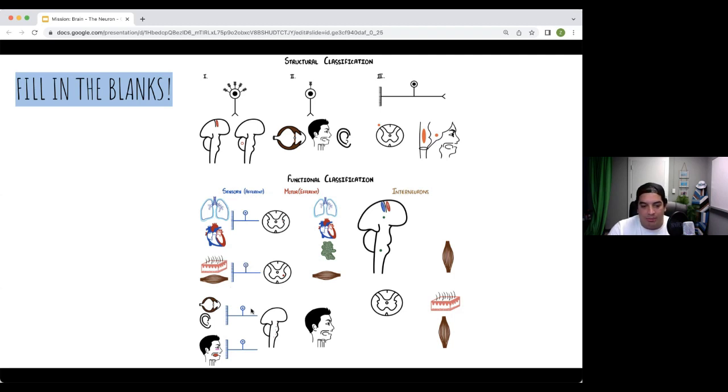And then you have the other ones, which are sensory information coming from your retina, sensory information coming from the inner ear. These will carry information to your central nervous system, but we don't like to call them general. We like to give them a special name. These are called your special sensory afferents, coming from your eye and your ear, and they send it to the central nervous system. The last one here is any sensation, for example smell or taste. Those are a little bit more visceral in comparison to sight and hearing. Because of that, we give these a special name as well. We don't call them special sensory like those for the eye and the ear. We call these